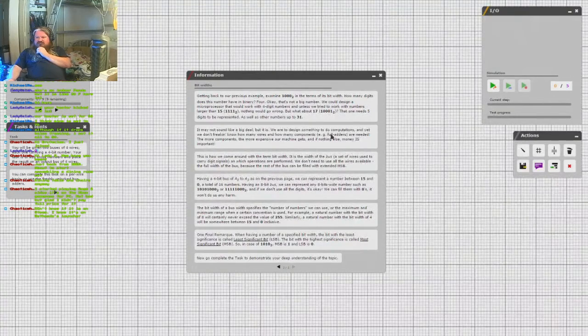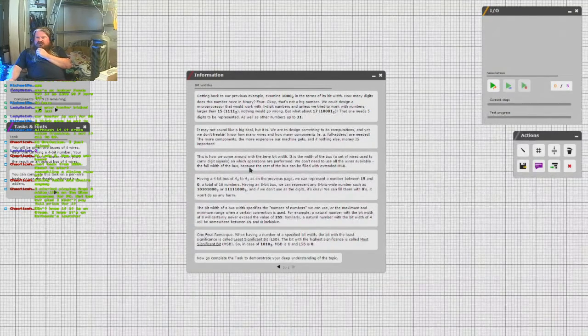We are to design something to do computations, and yet we don't know how many wires and how many components, for example full adders, are needed. The more components, the more expensive our machine gets. And if nothing else, money is important. This is how we come around to the term bit width. It is the width of the bus, a set of wires used to carry digit signals on which operations are performed. We don't need to use all the wires available,